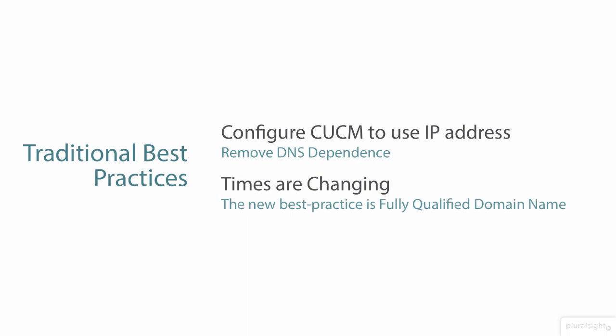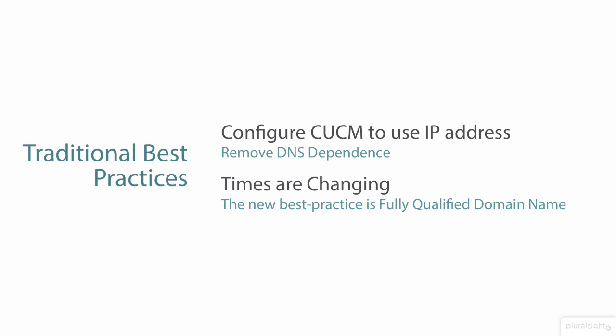Well, times are changing, best practices are changing, and now we need to be leveraging fully qualified domain names, or FQDN-based environments, to support things like Presence and Jabber for Windows, because we're using certificates heavily, and you're going to run into issues if you're not fully qualified domain name based. So take it from me right now, change those best practices and adopt this new approach. Now let's jump into some of the actual configuration. Let's do this DNS dependence removal and changing to FQDN in Call Manager,